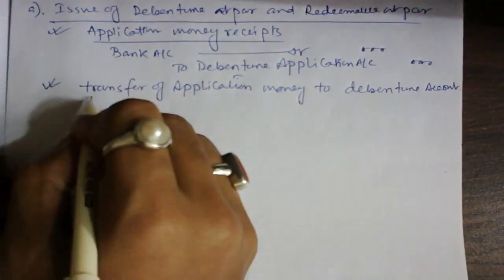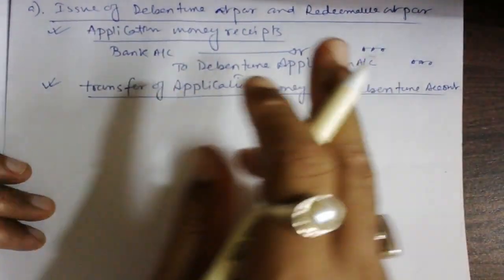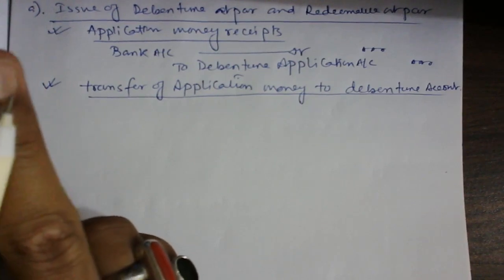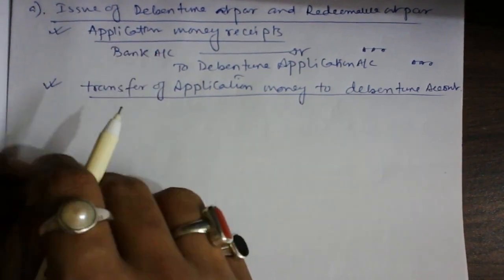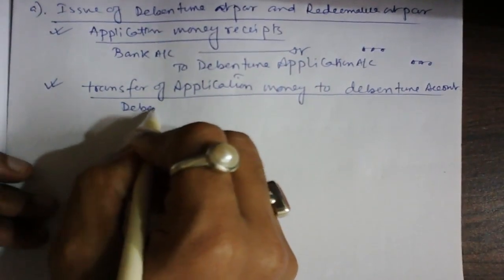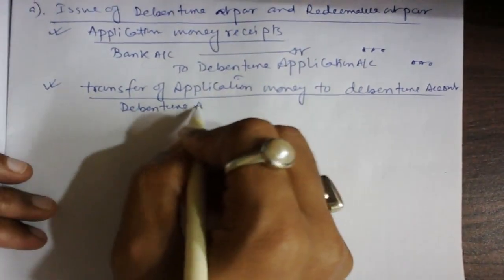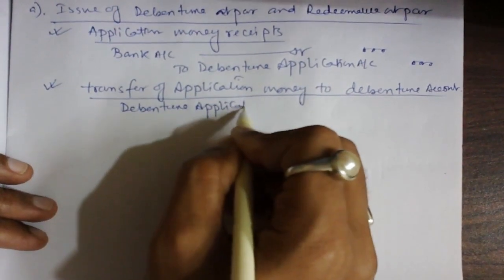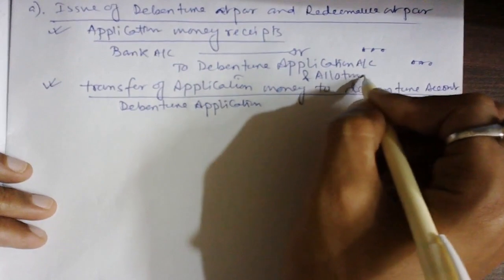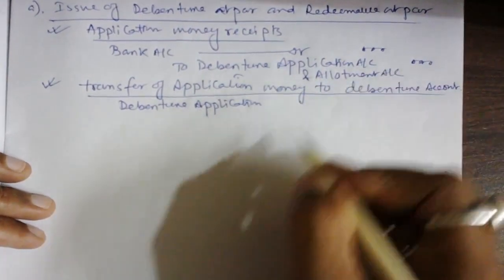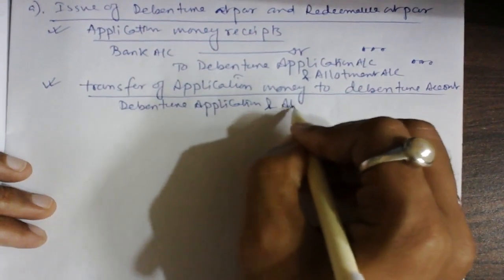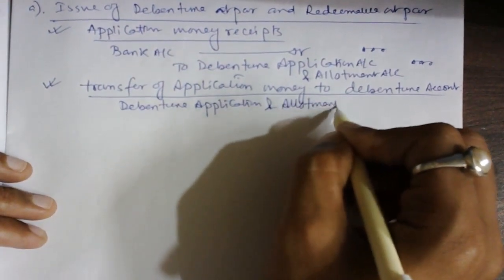So what will be the journal here? See guys, in shares we debited equity share application account to equity share capital, but here no share capital is there. So we have debenture application account debit, or you can write debenture application and allotment account, which is far better. Okay, so everything will be done in one go. Debenture allotment and application account debit